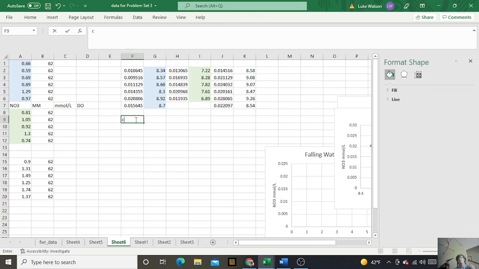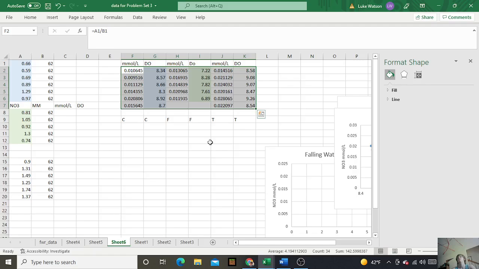Yeah, so like these two, I'll just put C, these are the Cane Creek ones. These were the Falling Water ones. These were the Taylor Creek ones. And then these were the millimoles per liter, and DO. Once you get all of your data in a row like this, just scan it all,